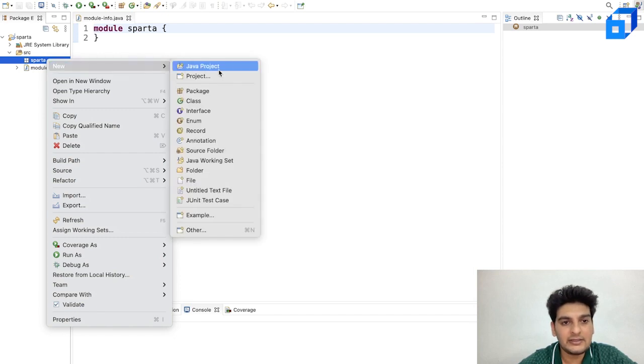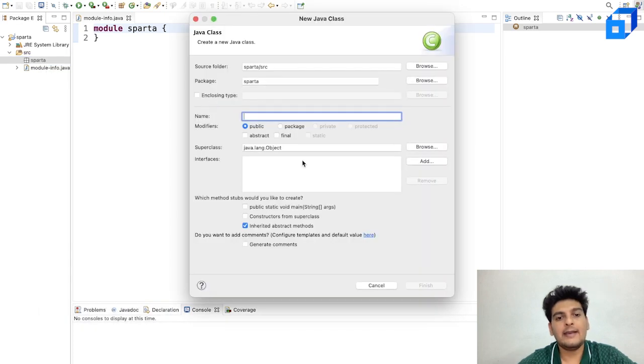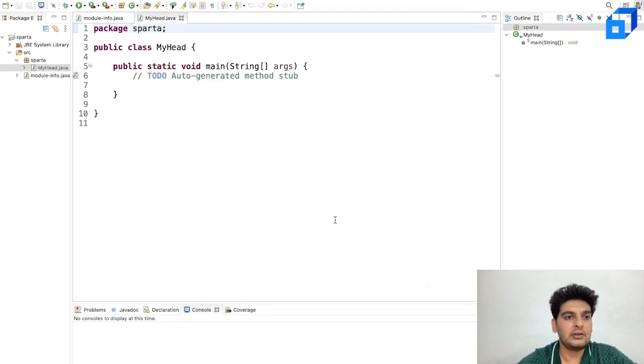And after this, let me just go ahead and create a Java class. So I'll create class, and here we normally have one class which will have the main method, and other classes which we create will not have the main method. So this I'm calling my primary class. Since this is my primary class, I will include public static void main inside this. So let's give this a name. So let's call this my head. So now that this is set, let me just go ahead and click on finish. So I have created this class called my head, which has the main method.